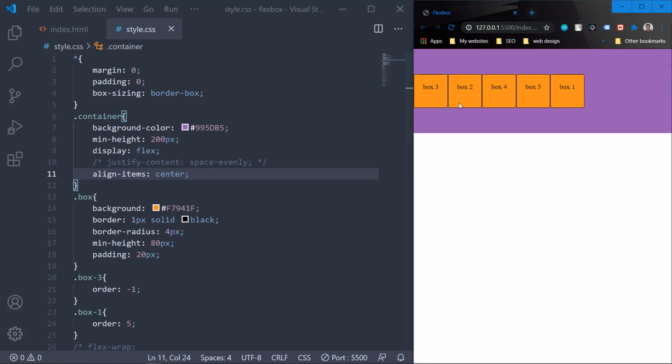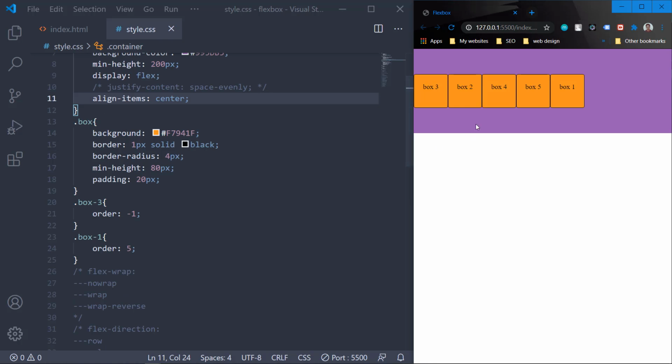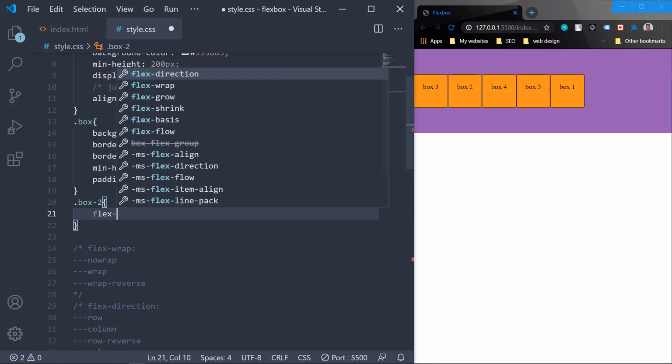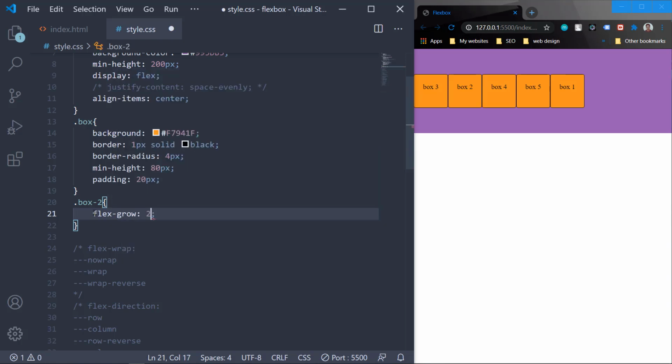Okay, now around the flex axis there is some extra space available here, and suppose we want the box to take the extra space, we can do that. So let's remove it and target the box 2, and by default the flex grow value is 0. If we give it a flex grow value of 1, it will take the entire extra space.